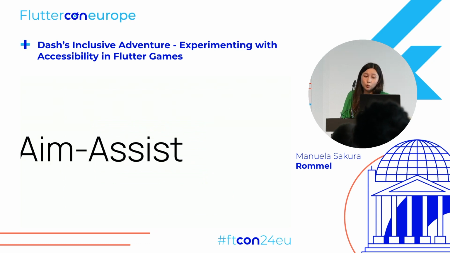Another thing, if the game is too hard, is aim assist. And aim assist helps people with motor disabilities to be able to play the game. In a shooter, for instance, it can point to your enemies automatically, and that also makes it a little bit controversial in multiplayer games. But we're gonna get there later, what we can do about that. And the good thing is it also helps the not so seasoned gamer who just wants to have a nice time playing a game. So for me, I played with the aim assist and I was pretty happy because I managed to score 16 points. But yeah, so there are two different types of aim assist. One is partial and one is full.